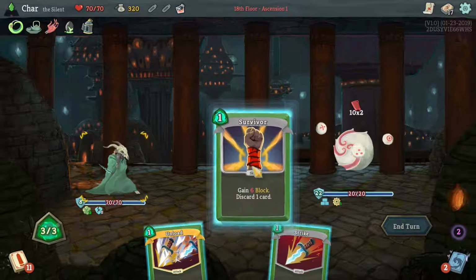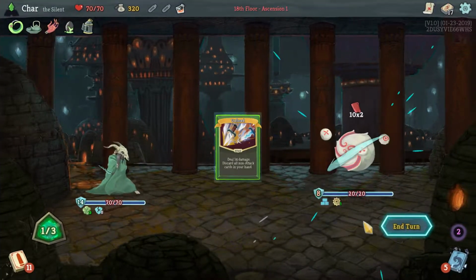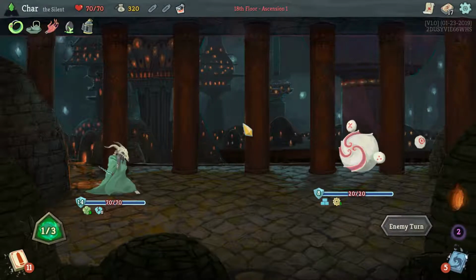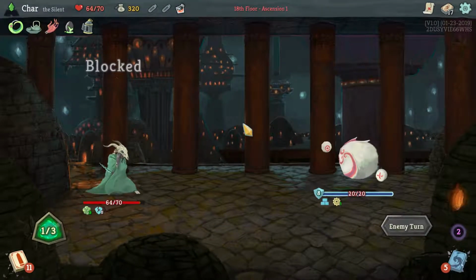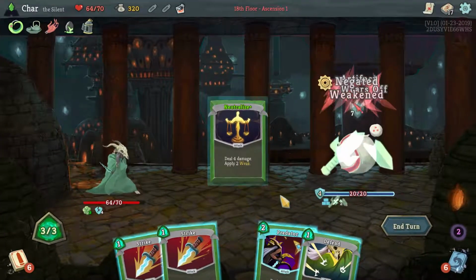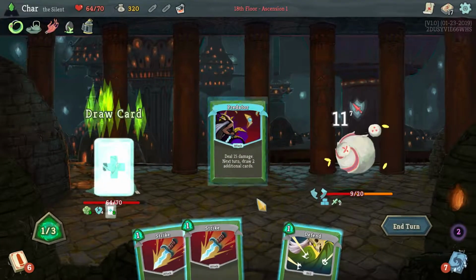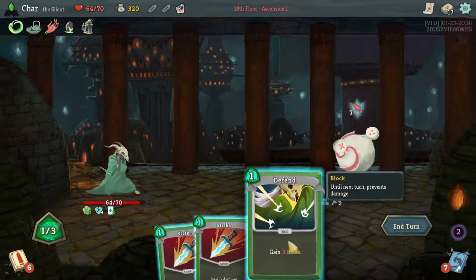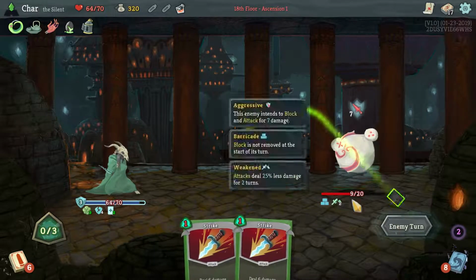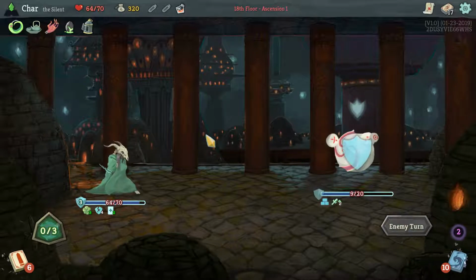I'd rather have the block over the extra damage from the strike, so I'm going to do it like that instead. Don't know if that was necessarily the play, but I think it's fine. Looks like we didn't really need the, it's only 3 block. I mean, it's better than nothing, I guess. We're not really killing him any faster or slower without it, so...